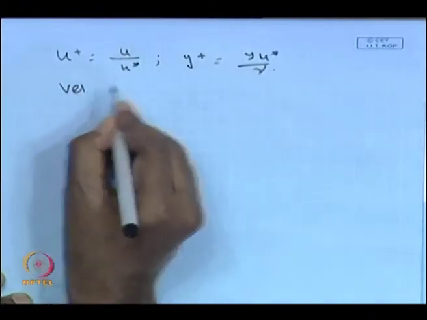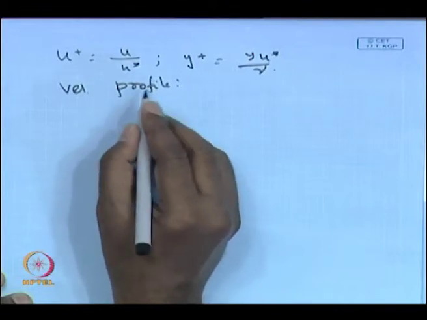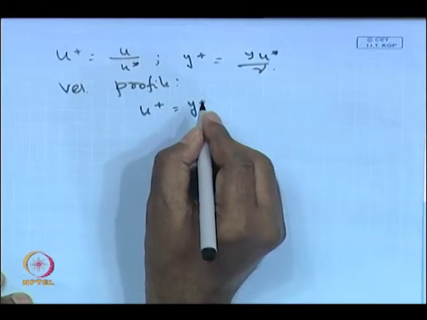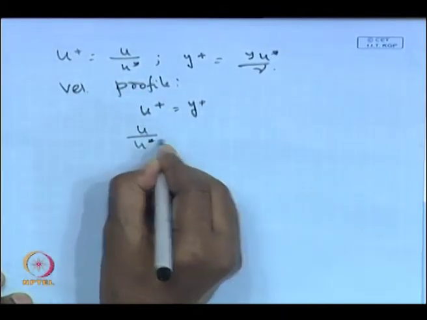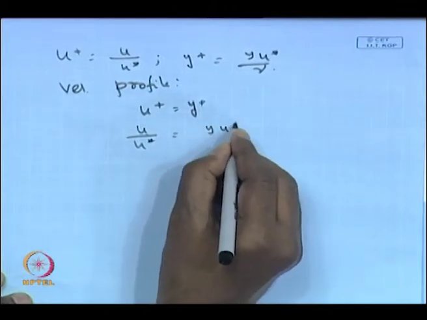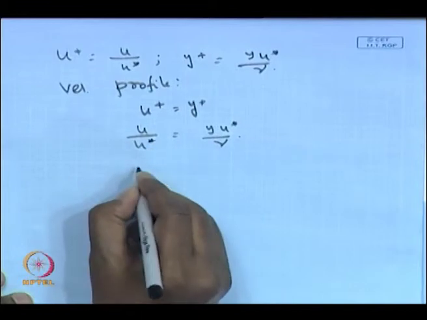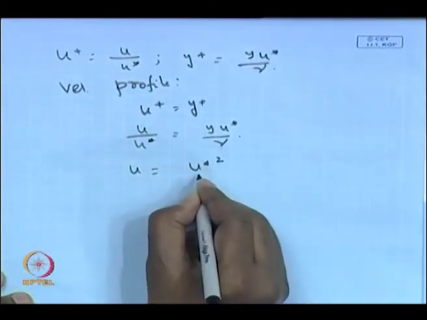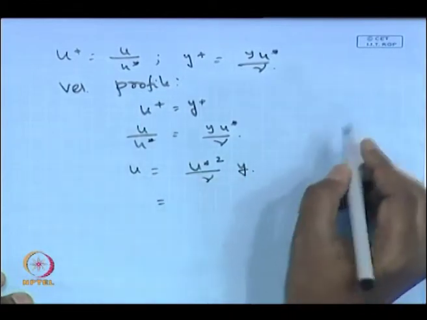Our velocity profile in this particular case was u plus is equal to y plus, right. So, just put the value of u plus, u by u star is equal to y u star by nu. Okay. So, it becomes u is equal to u star square by nu multiplied by y, and if you remember